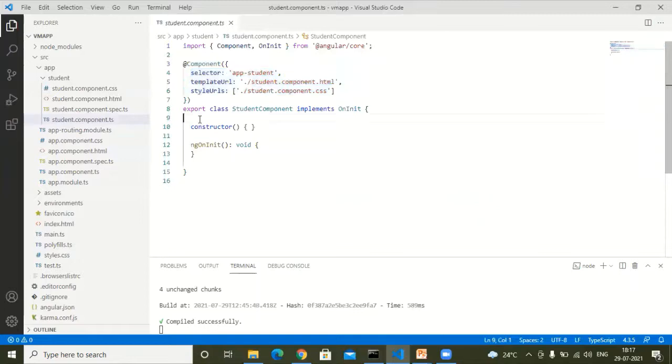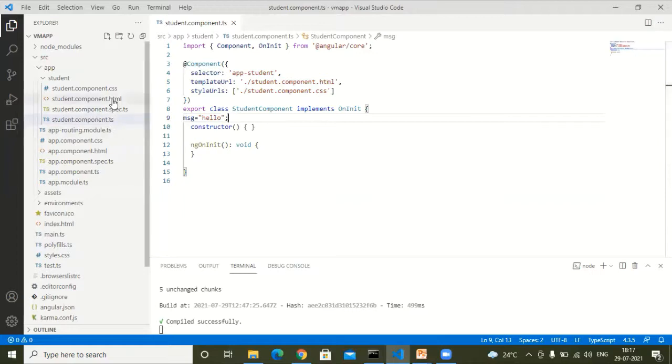Here we will be considering a simple variable, let's say message. So here we'll be declaring message equals to, let's say, hello. We have declared message here, but we have to display this message onto the browser, and where are we going to have those browser related things?